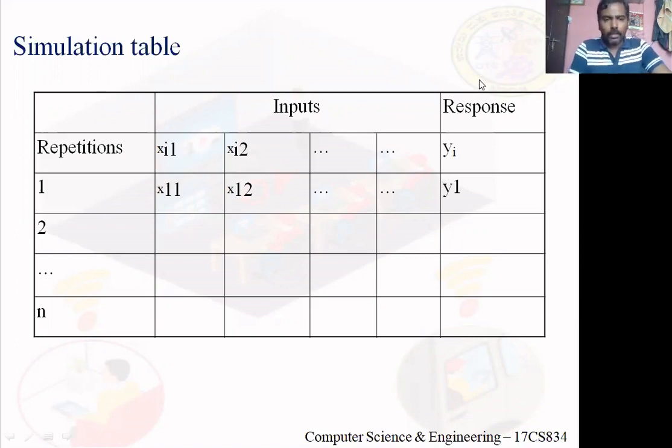Now, to determine data for repetition 2, I assume the inter-arrival time for the second customer is 15 minutes. Means a 15 minute gap between the first customer's arrival and the second customer's arrival. What is x11 actually? It's 0, meaning the first customer arrived at time 0. So what will x21 be? It's 15. And let the service time for the second customer be 8 minutes. So x22 equals 8.